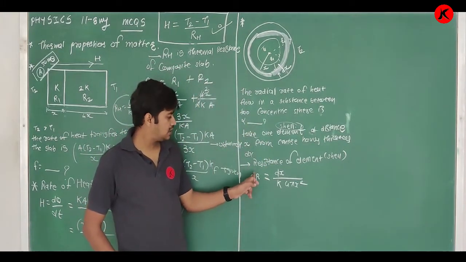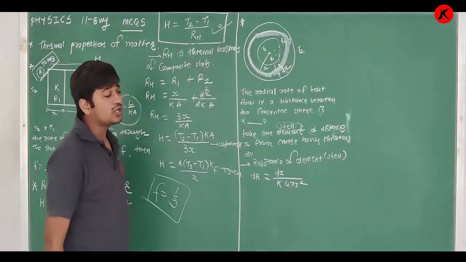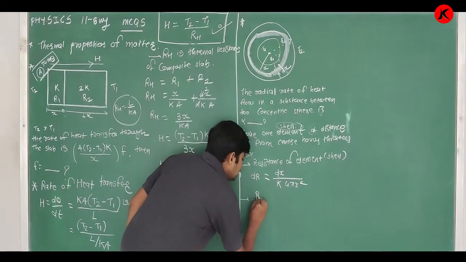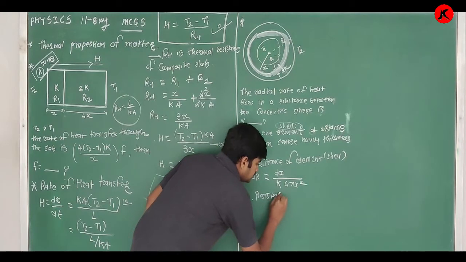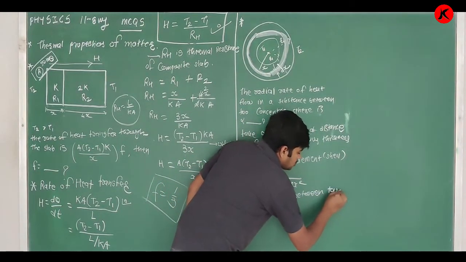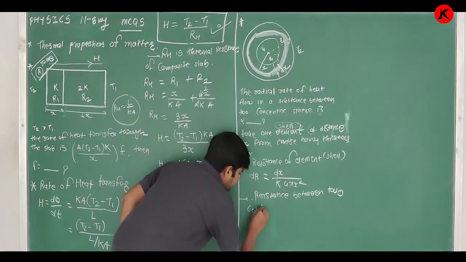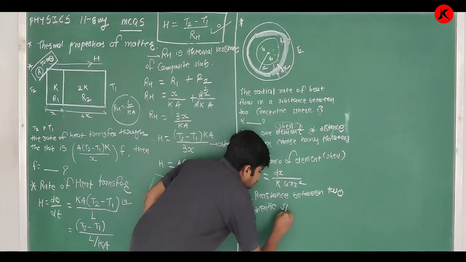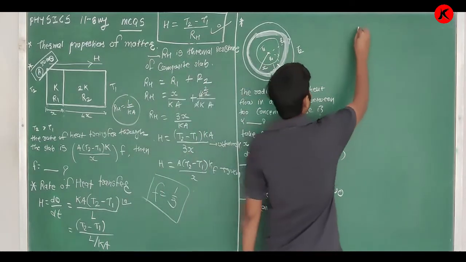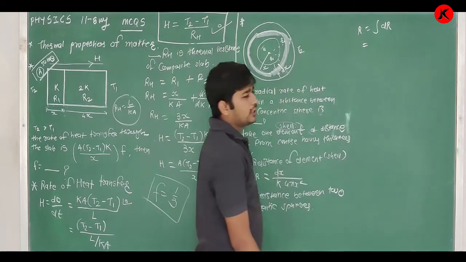Clear this equation? Resistance of element, that is shell. Okay. Now to find the total resistance between two concentric spheres. Therefore, the resistance between two concentric spheres, that is R, is equal to this integration dR, is equal to